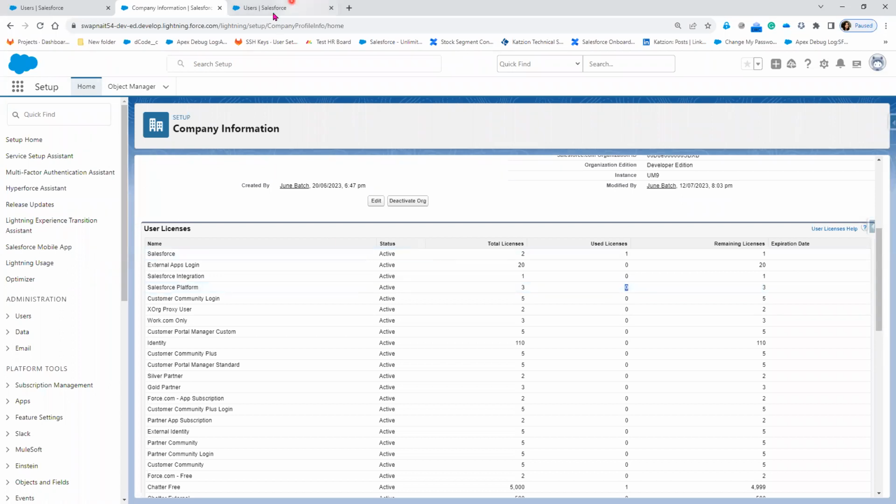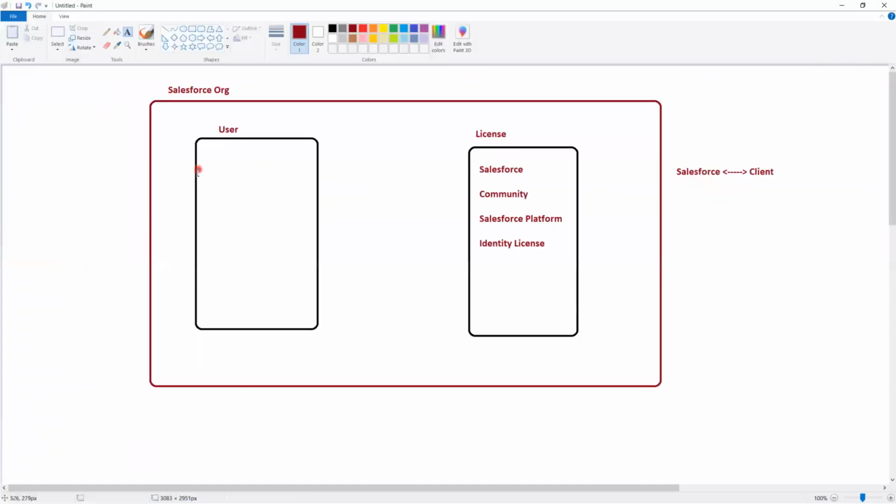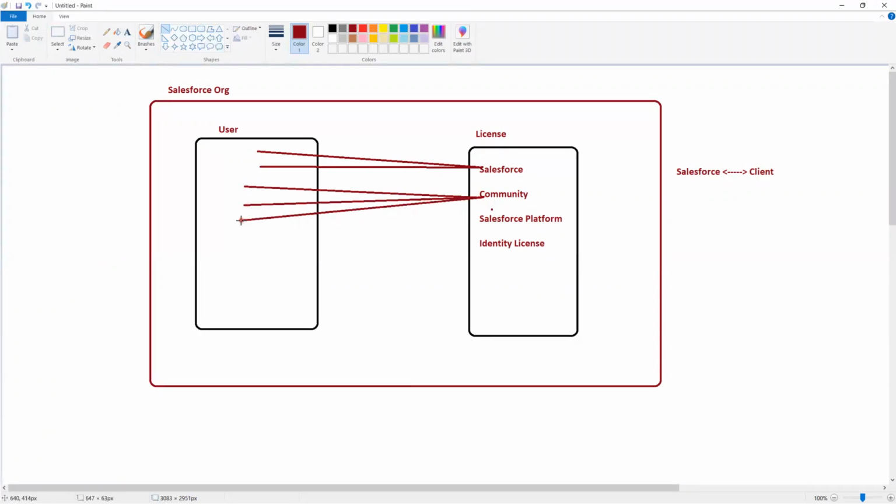So the license is going to tell us how many users can be created. It is going to be mentioned in the company information. Like a Salesforce license, we can create 2 licenses. That means user 1, user 2. Community, I can create around 15 users. Let's assume that we can create around 15 users. Similarly, Salesforce Platform, I can create 3 Salesforce Platform users in the developer edition. Similarly, identity license, I can create 2